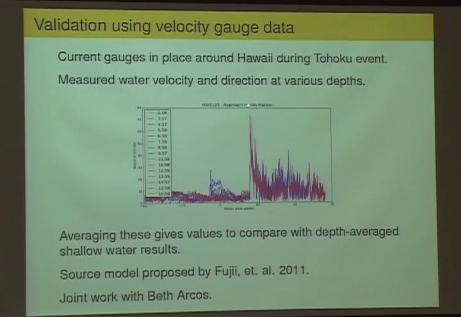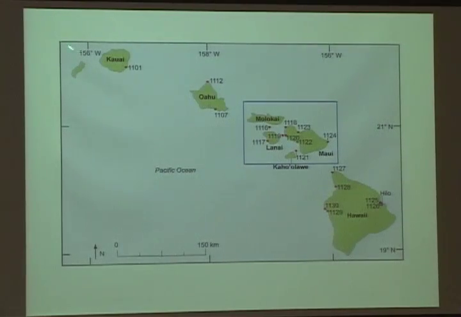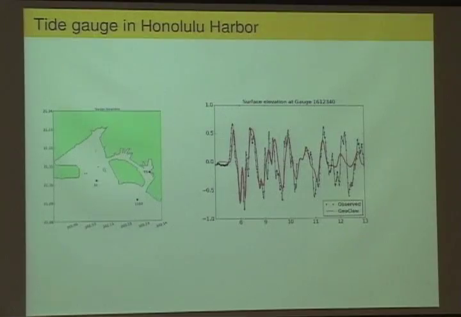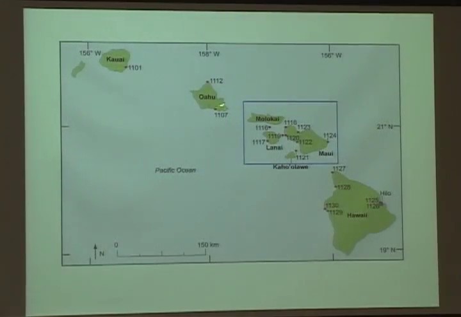This is on the approach to Hilo Harbor here, and you can see it's fairly quiet until the tsunami comes along. And this was a station where there were actually several different current gauges at different depths at this one point. So there were a number, I think about 20 different gauges around the islands that were active during this event. So we looked at a number of these to try to validate our code against not only the depths, but also the currents. So this is zooming in on Honolulu Harbor in this case, which is up here.